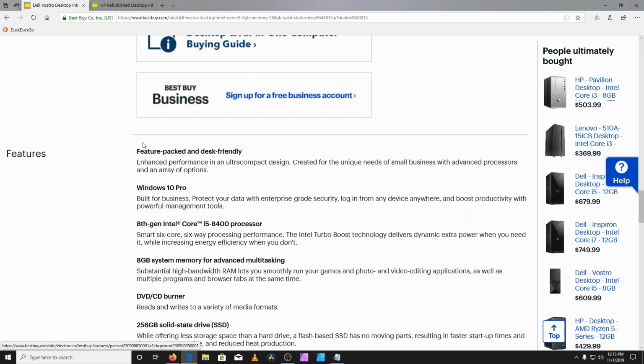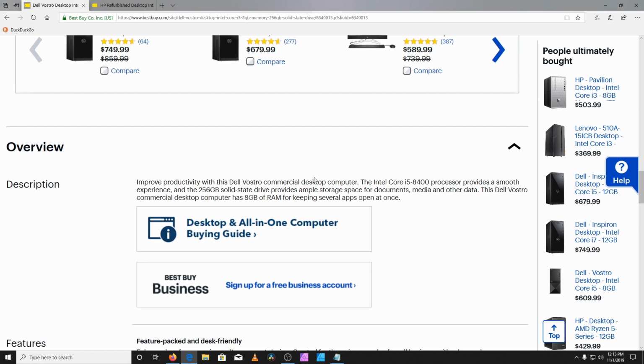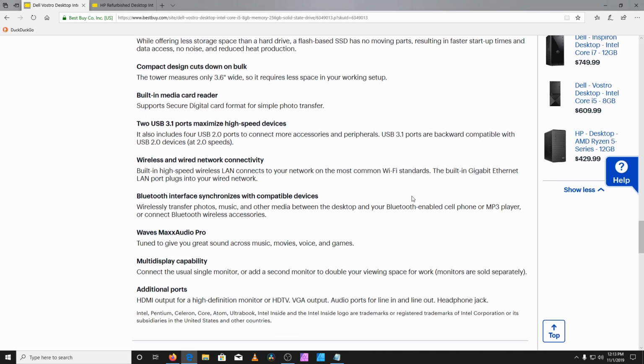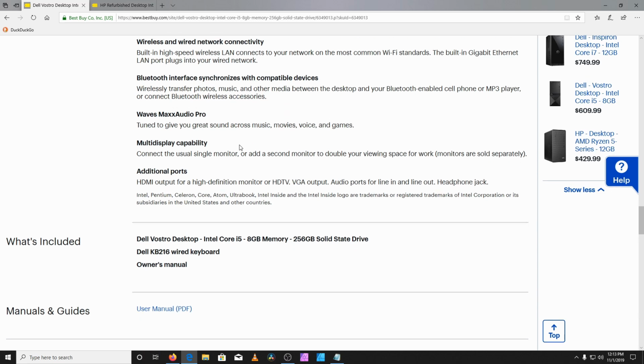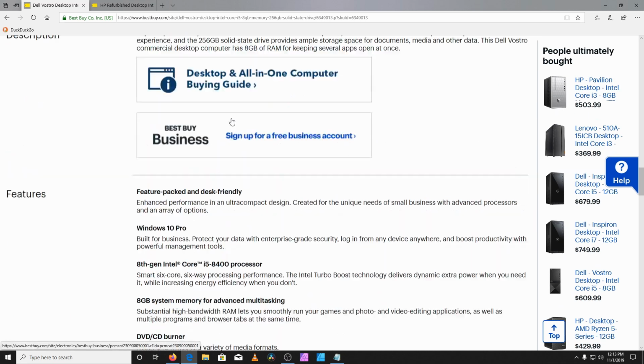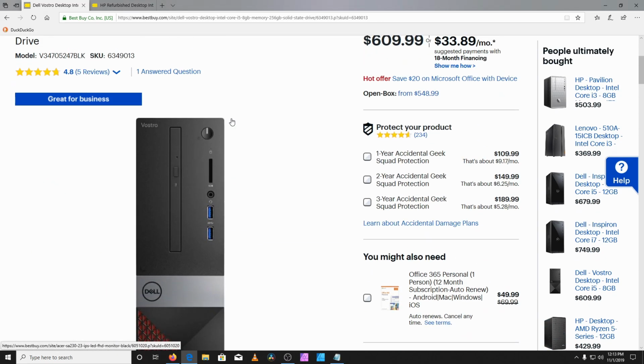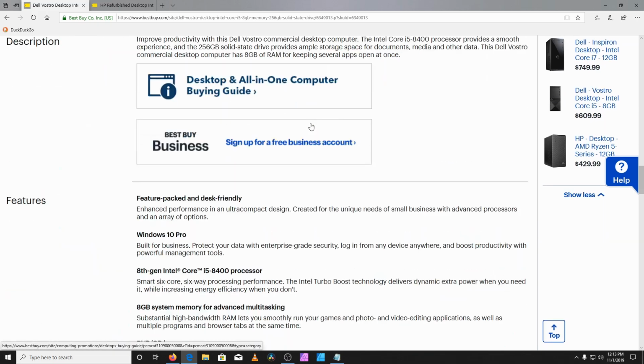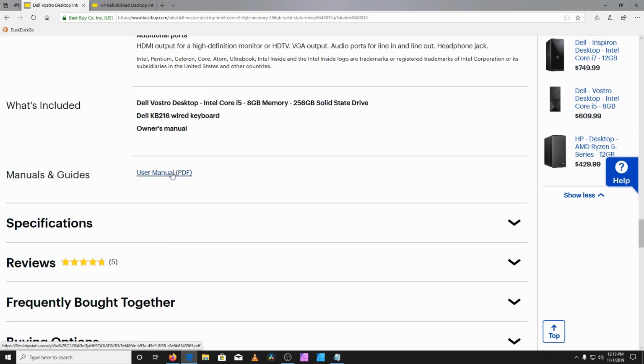Best Buy's ads are just really vague on the name. It just says Dell Vostro. Well, a Dell Vostro, there's innumerable variations of the Dell Vostro. So you got to make sure you know which Dell Vostro it is. And if you bought this used, hopefully they gave you the user's manual. You can tell actually in the model number here, it says 3470. That's the actual Dell Vostro model number, but how would you know that that's different from the rest of the thing? If you have the user's manual, and hopefully you do,